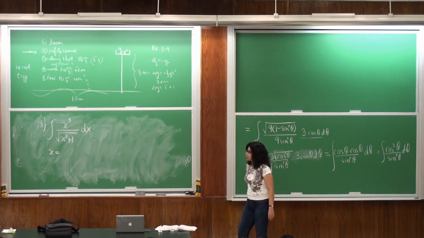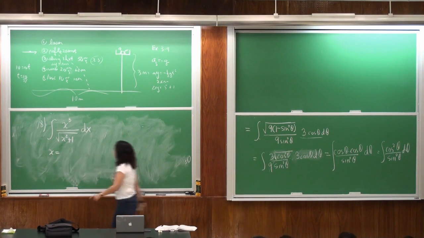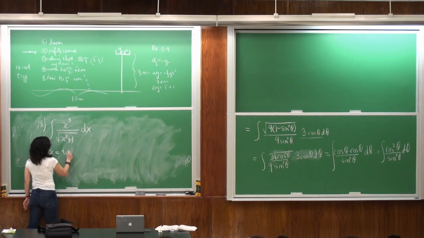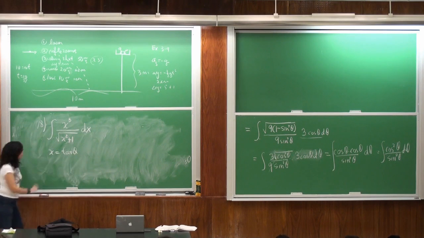Alright, what is my change? x equals to what? Tangent? Beautiful, because I see a plus. In all these, I don't have a problem because this D is 1, this A is 1, so x is equal to tangent. Okay, let's go for the rest. Alright, so what's the derivative of tangent?